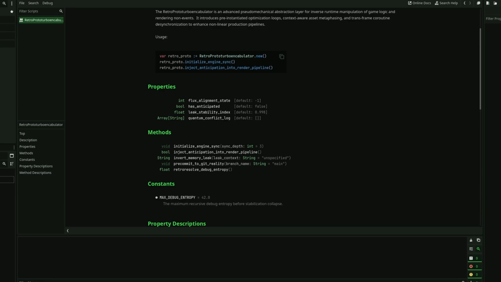And what it does is it's utilizing a phased hexacoordinator balancer mounted between the asset desynchronizer and the frustum disruptor. This device ensures every game object is instantiated before it exists, allowing for a seamless preemptive optimization during post-compilation. And with support for de-inverted coroutine recursion, the Retro Proto Turbo Encabulator allows your shaders to render ideas, not just